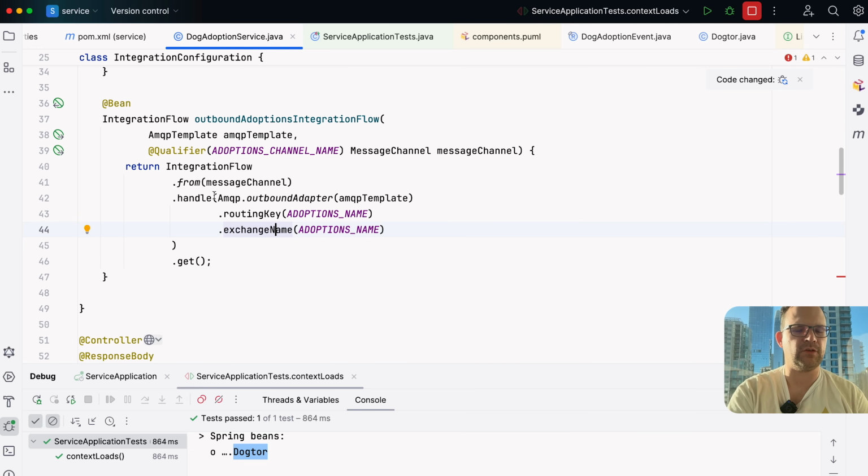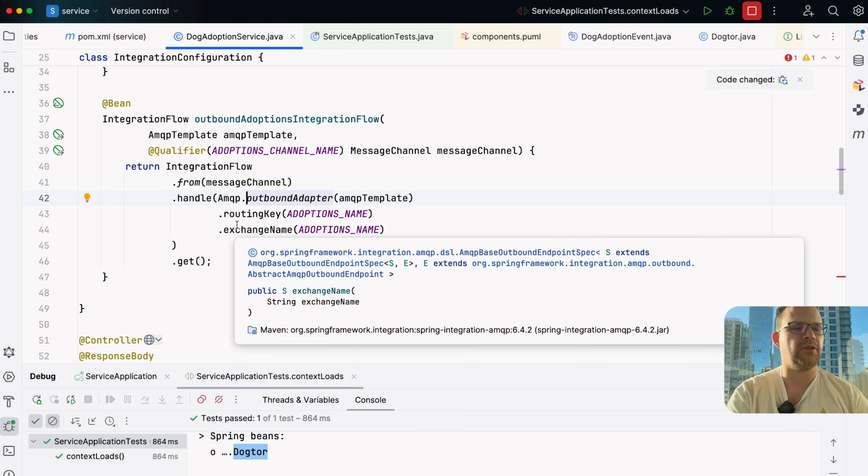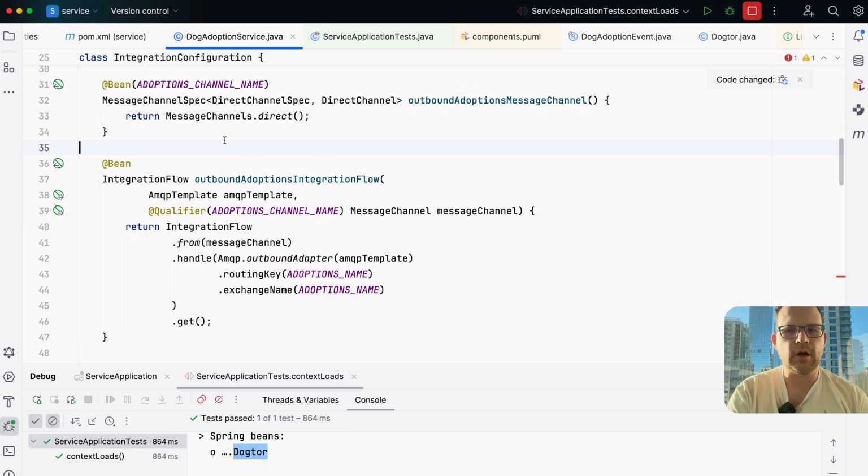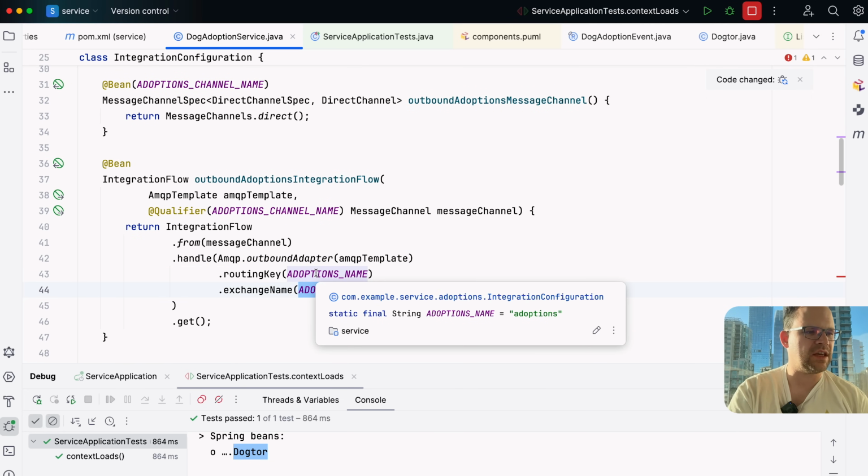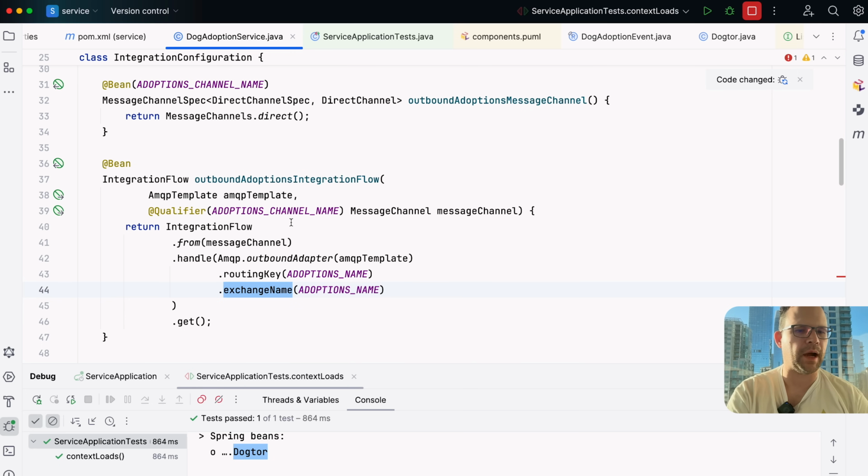Okay, so that's very convenient. It'll get sent via this integration flow to this AMQP outbound adapter, and then it'll be sent to the broker, where it'll be consumed by another service. The problem is, at the moment, our broker doesn't have an exchange called adoptions. It doesn't have a queue, and there is no binding between that exchange and the queue anyway,